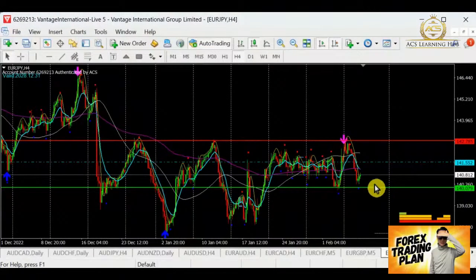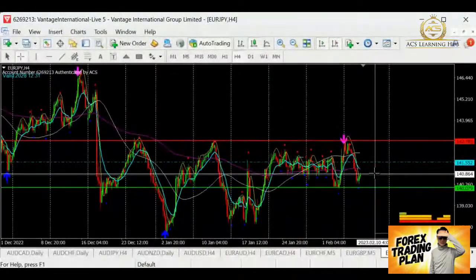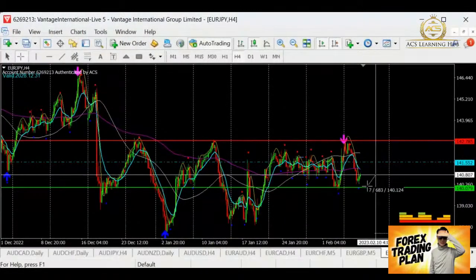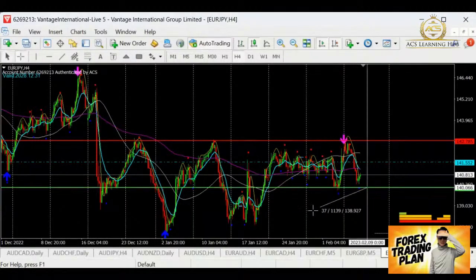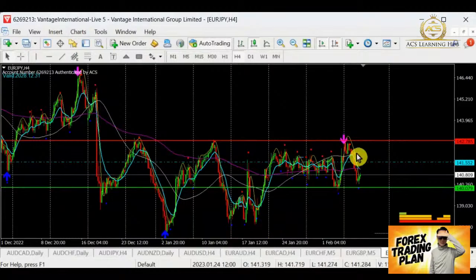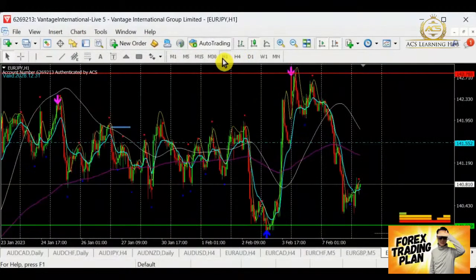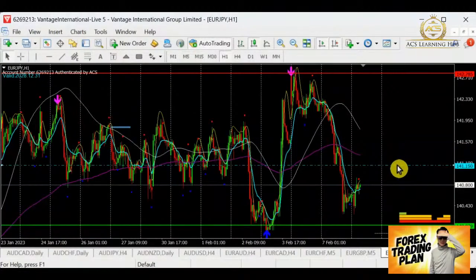If this support level is able to clear, we still have about 70 pips for Yen. If this is able to clear, then we may have a good chance to go further down into this area of 200 over pips. So we still have about 200 over pips to go. Well, first of all, we need to find out if this is able to continue the selling, so that it will create the downward trend.